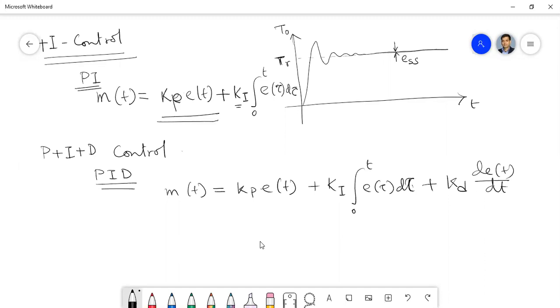Integral control improves the steady state. As I told you, the derivative control helps to improve the transient state of the response. But here you have to tune the values of Kp, Ki, and Kd properly to have